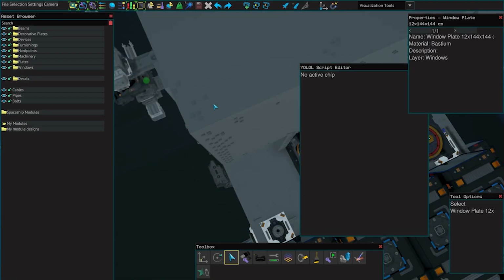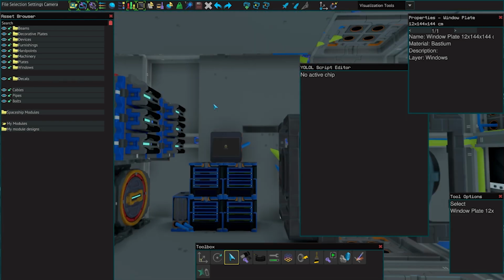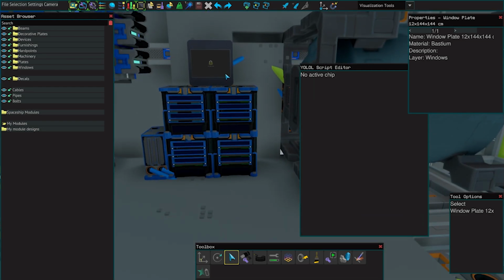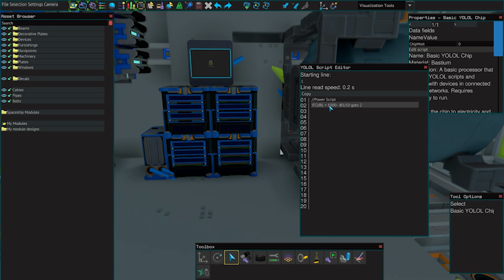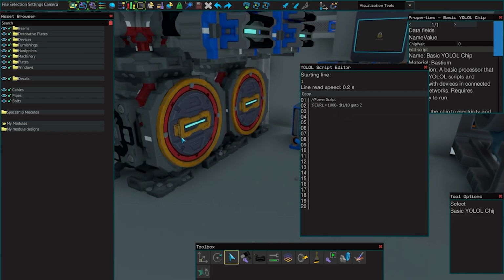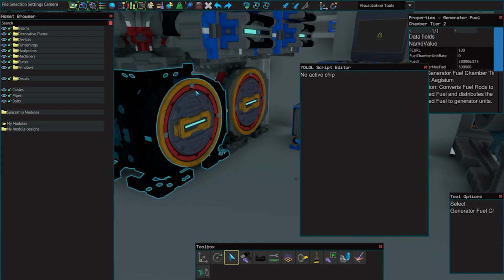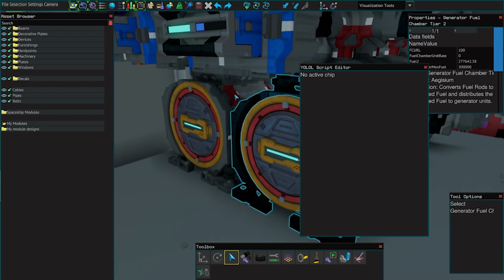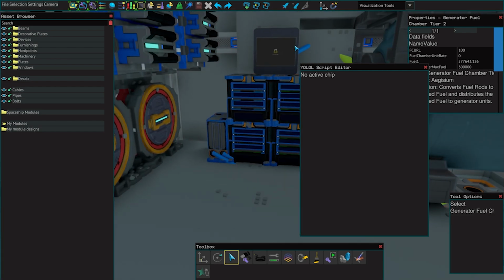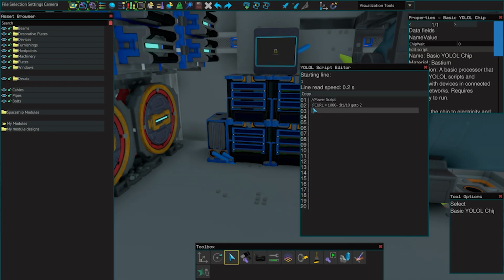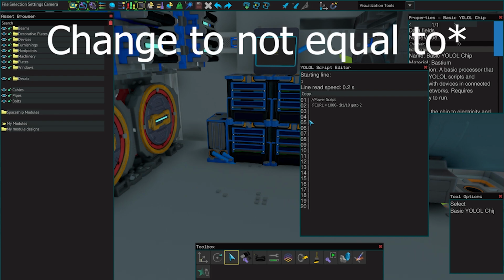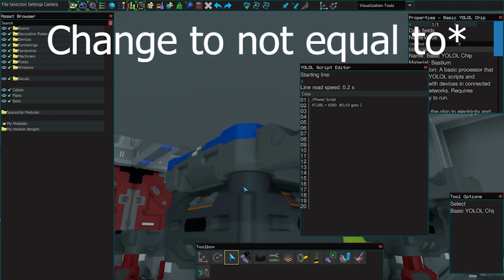So now I'm going to explain the code behind that. On the power script, we have :FCURL. You can see here that I've named all of these FCURL, all 4 of them, so that it affects all 4 of them. So when I come in here, I'm telling the chip :FCURL, which is the fuel chamber unit rate limit, is equal to 1,000 minus,